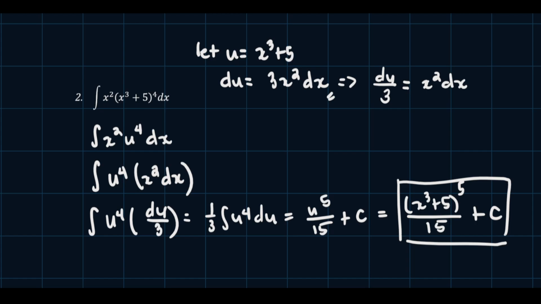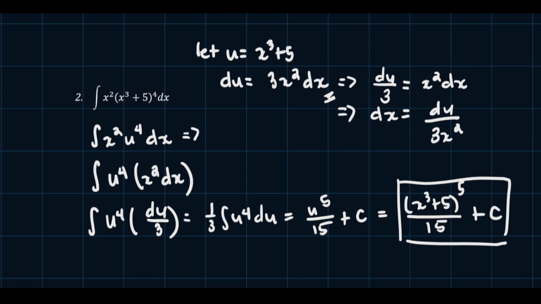Okay, now alternatively, ang pwede natin gawin is we can actually solve for dx here. So alternatively, dx here will be equal to du over 3x squared. Okay, so alternative method,